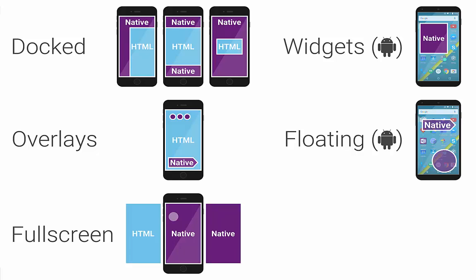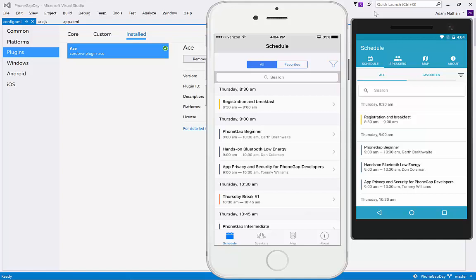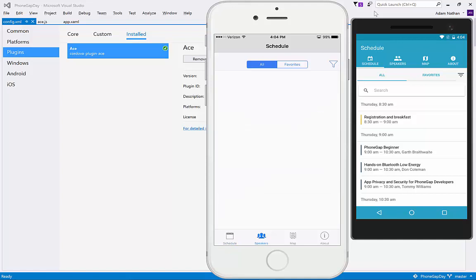The ACE plugin provides many ways to mix native UI into your Cordova app. I'm going to demonstrate this with the PhoneGap Day conference app, which was built with ACE. Here's the app running on iOS and Android, and it's an Ionic app, but the tabs here at the bottom